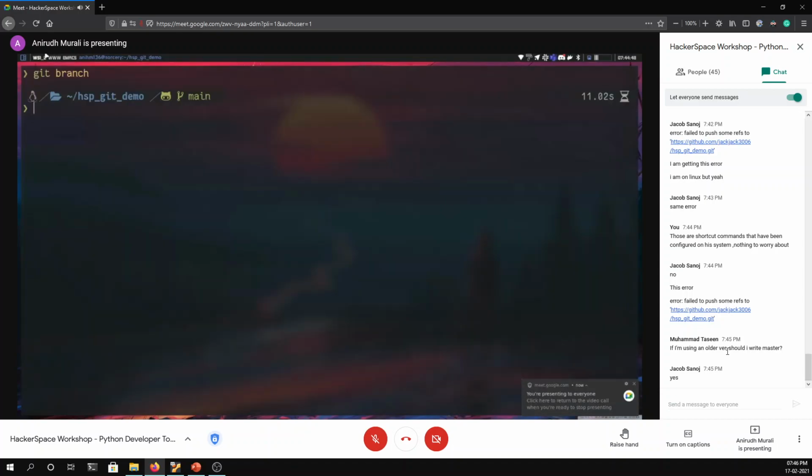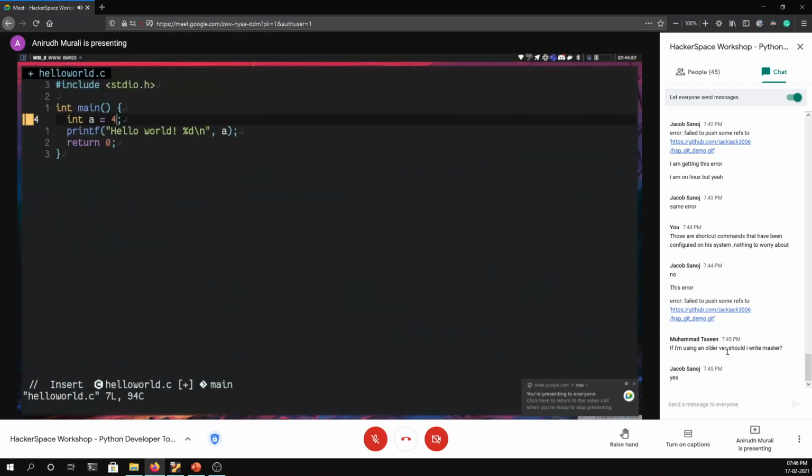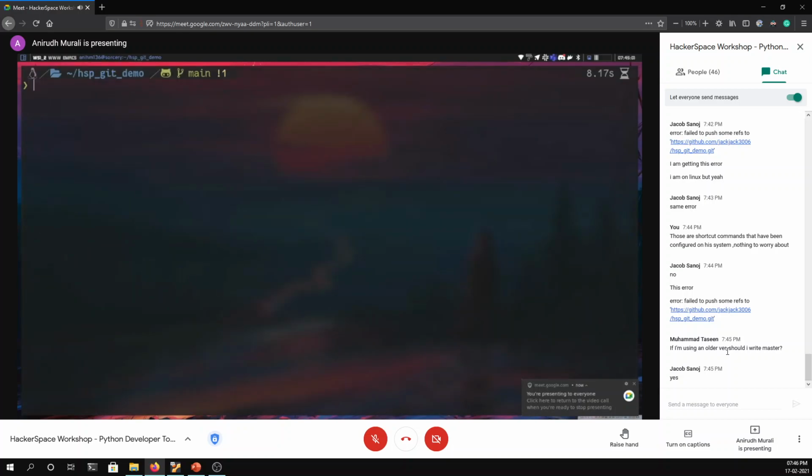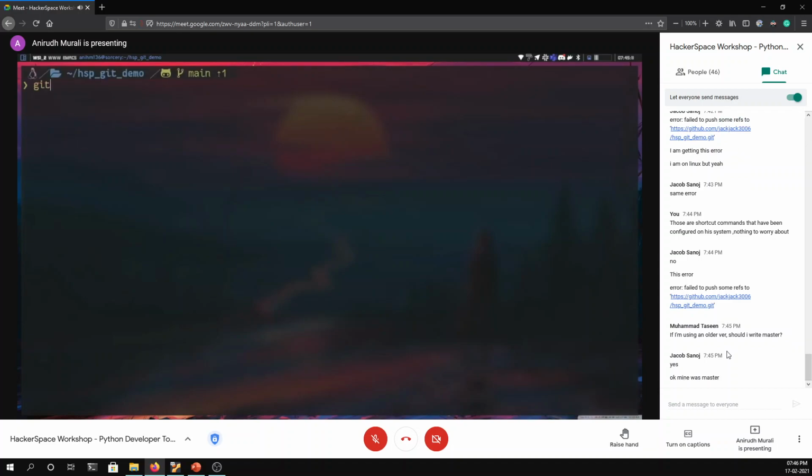Right? So yeah. So now if I make another change, right? Now that we've set it up as the default, if I make another change, let's just make this 4. I'm running out of ideas to make changes. Git add, git commit. So now if I say git status,